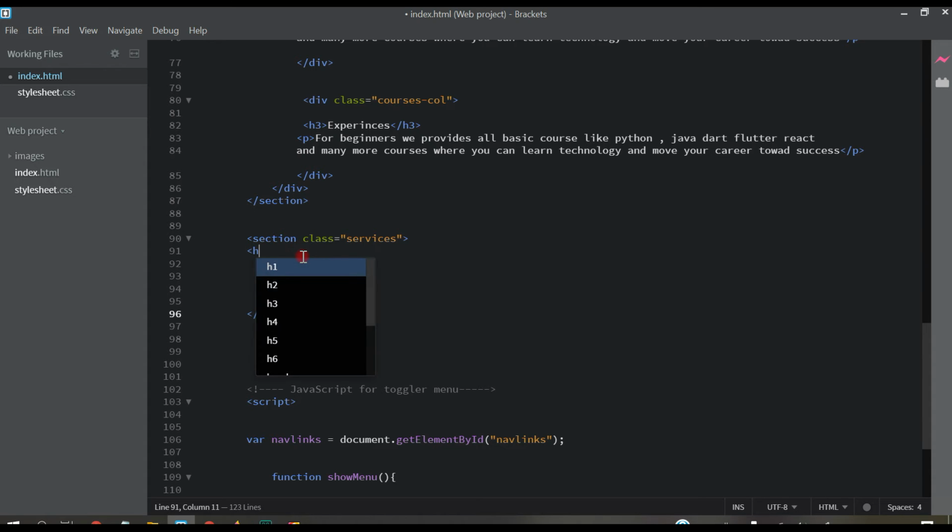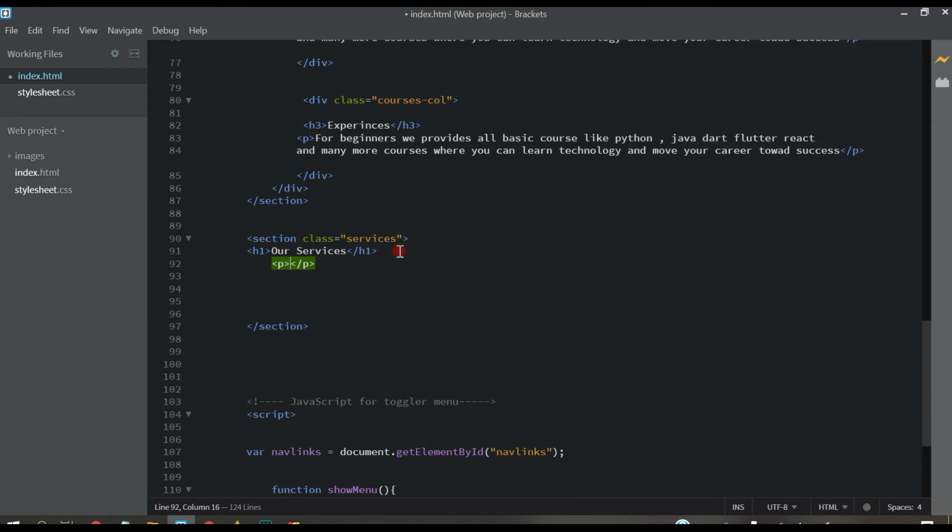And here a heading h1 and write our services, and write one paragraph. You can say: We provide websites.